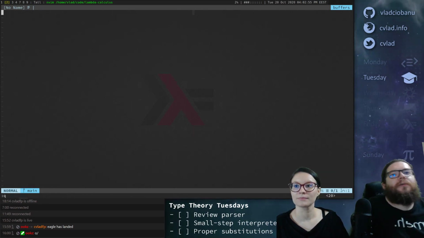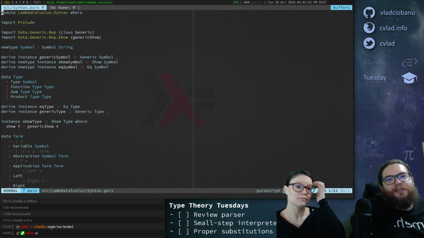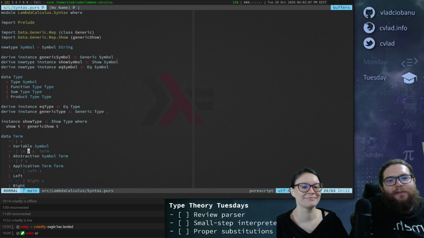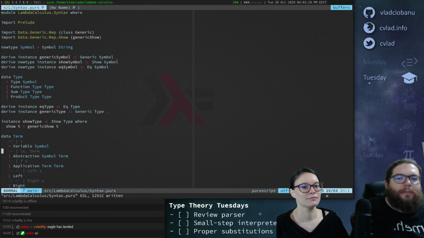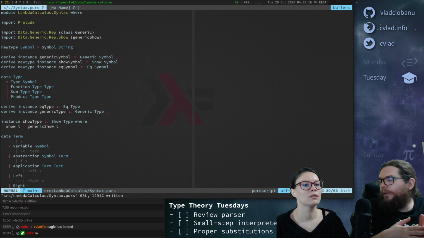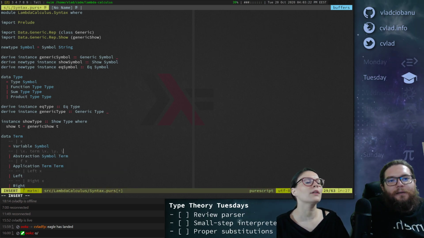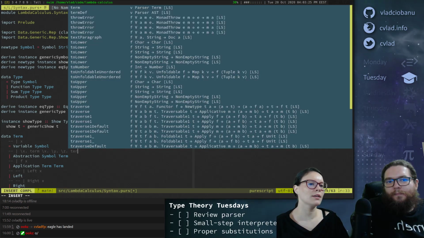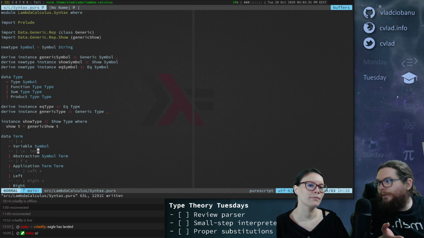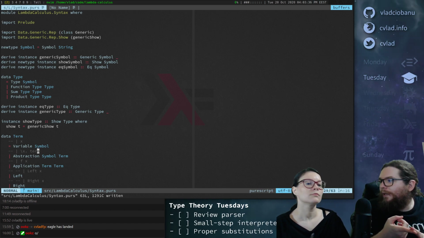Cool. Okay, so let me show you the current homework, the parser. Let me show you the changes or the highlights. I changed the syntax, because I realized we'll have a lot of trouble if we don't do this. Each abstraction will be a single abstraction. We won't be able to do multiple at once, but you can still do lambda x, dot lambda y, dot lambda z. But you cannot write lambda x, y, z. Later, if we want, we can make the language nicer with syntax sugar, which desugars to this. But I don't want to deal with that now, because I think it will make our algorithms more complicated needlessly.